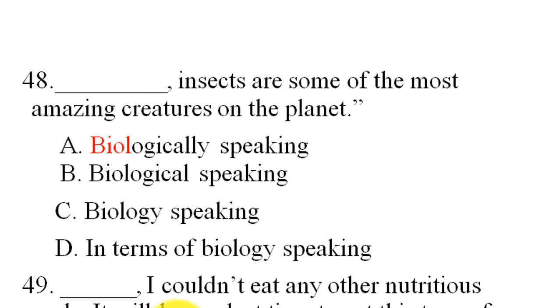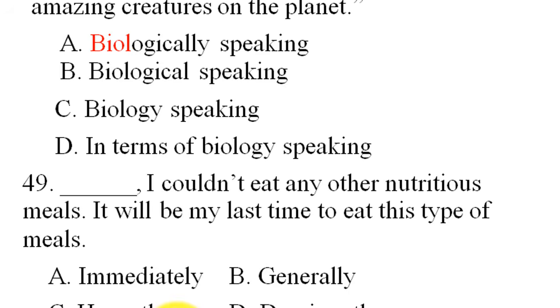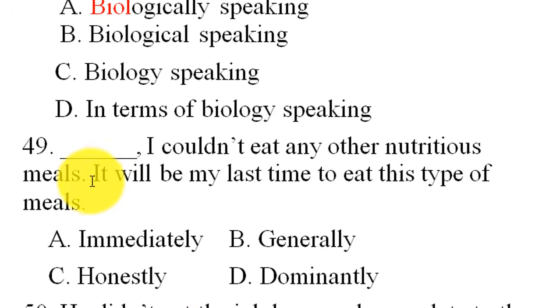ነው እዚህ ጋር የጠየኳቸው ስለዚህ እነዛ አካባቢዎች ላይ በደንብ ማየት ይተበቅባቸዋል. Blank, I couldn't eat any other nutritious meals; it will be my last time to eat this type of meals. Yeah, immediately, honestly, generally, dominantly. Adverb ነው question እዚህ ጋር አሁን የሚፈልገው ነገር so the answer should be honestly ነው honestly ምንድነው sentence adverbs ነው ምንድነው ወይም conjunctive adverbs